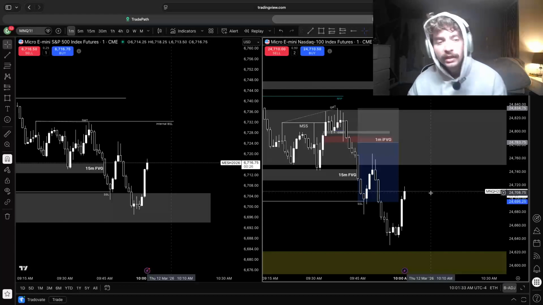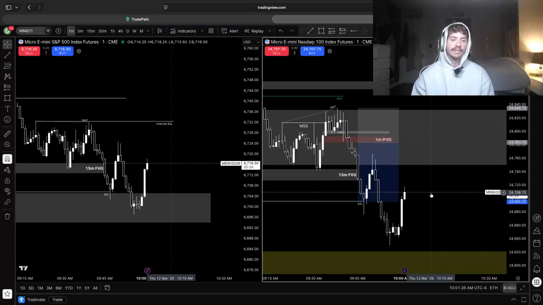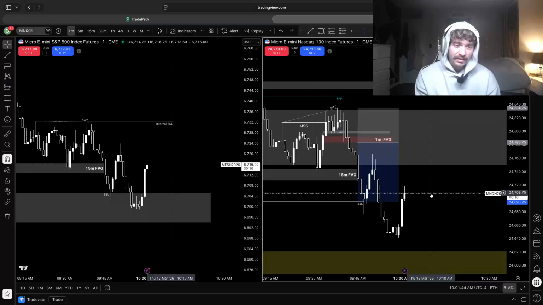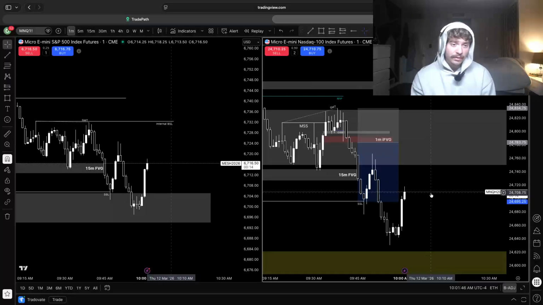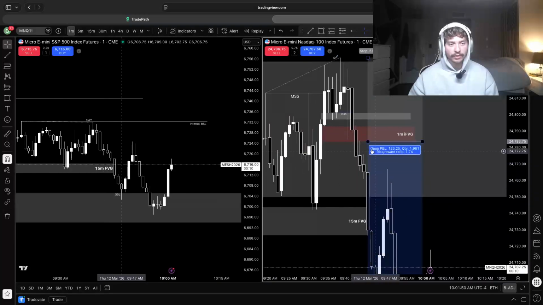Literally all I had to do was be patient, recognize, okay, there's nothing showing here. Cool, we tap into a 15-minute bullish fair value gap. That isn't what I need to see. I need to see manipulation, distribution, and a retracement into an imbalance. And what do we get? We literally get a perfect textbook short right here.